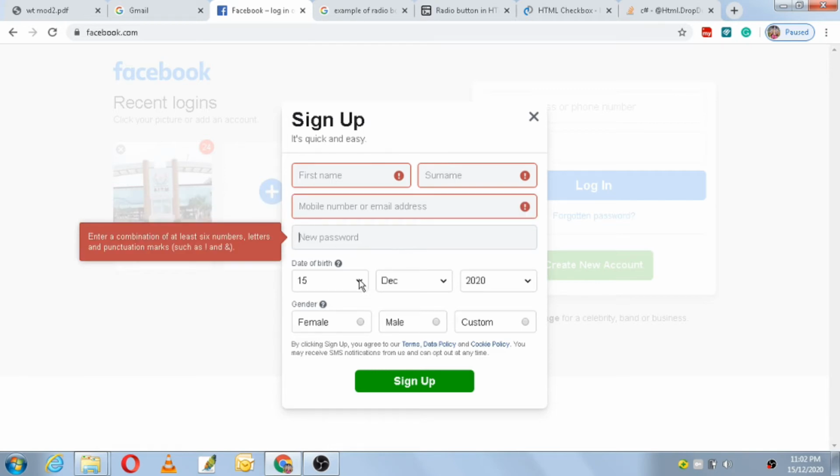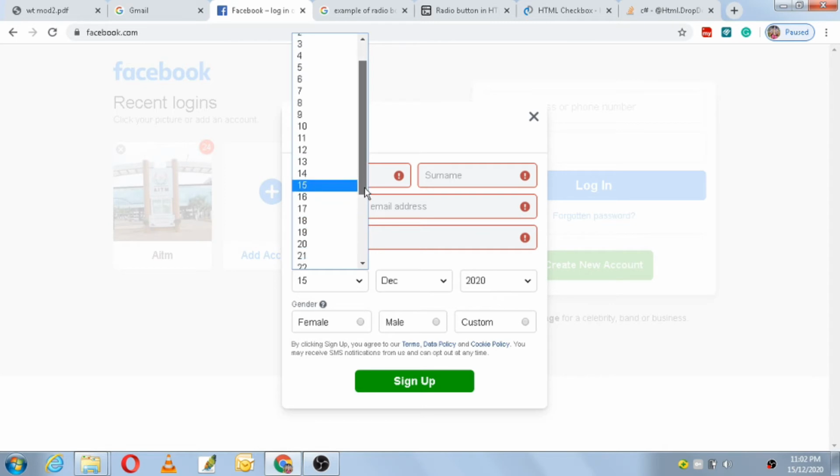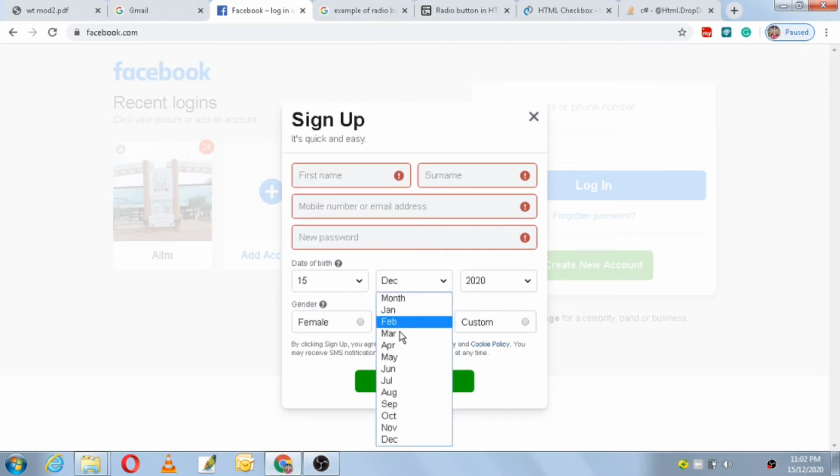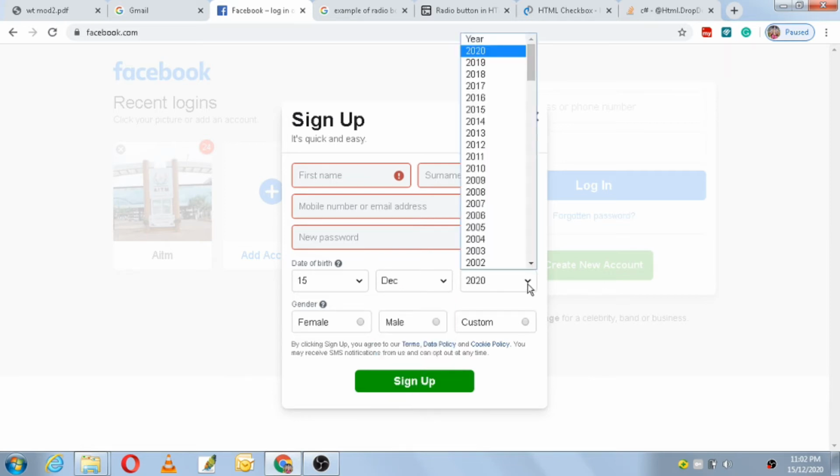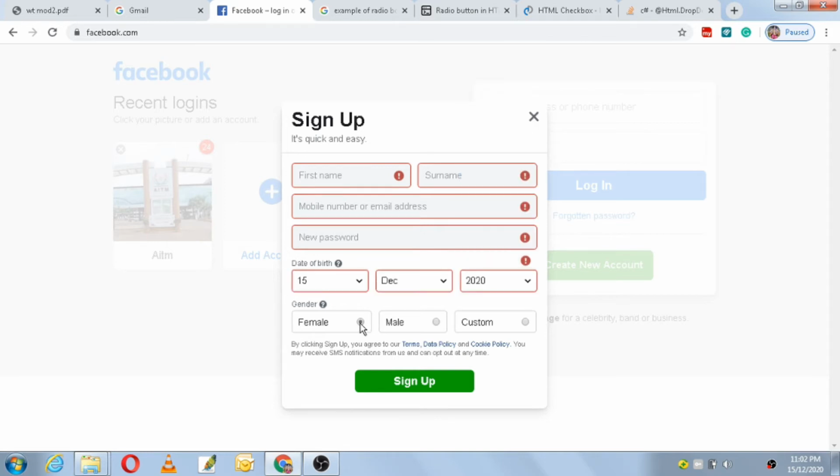And what you have here is known as the option list, where you have n number of options. This is known as an option list. Here also the input type is an option list, where you have to choose from n number of options. And here also you have an option list. Then next you have gender, female. This is known as a radio button, where you have to click on the option. Then you have the submit button here. This is for sign up.